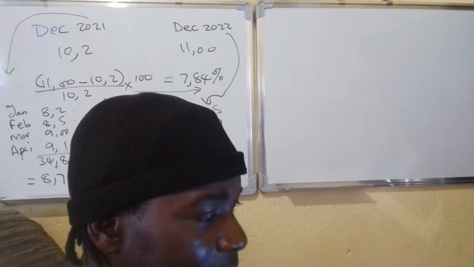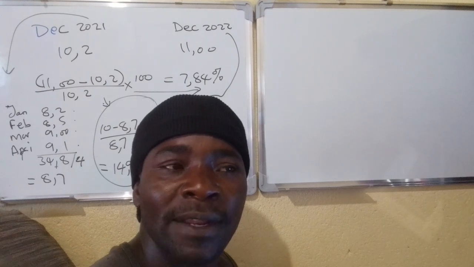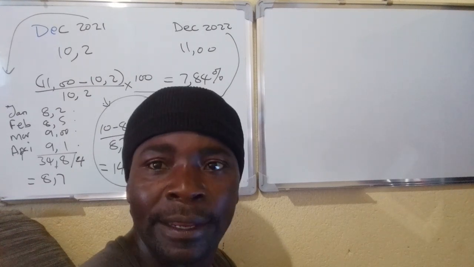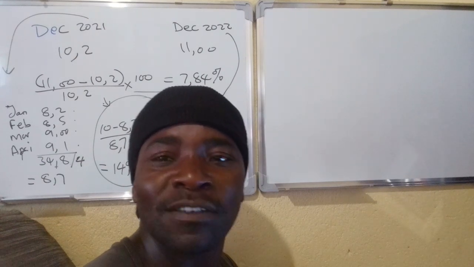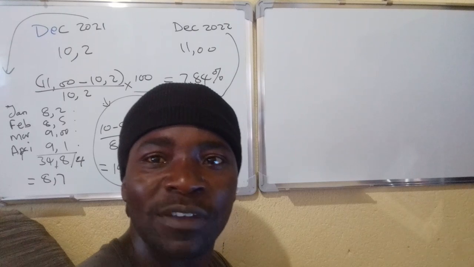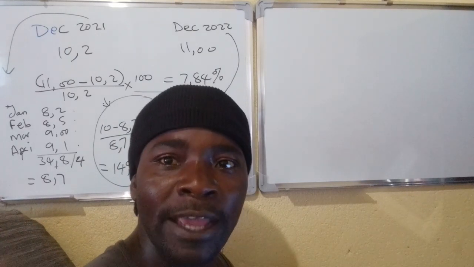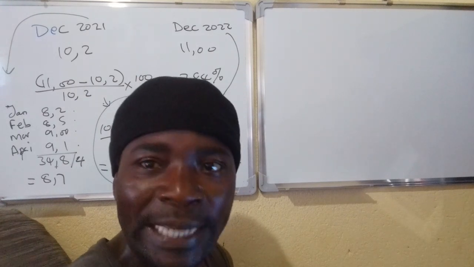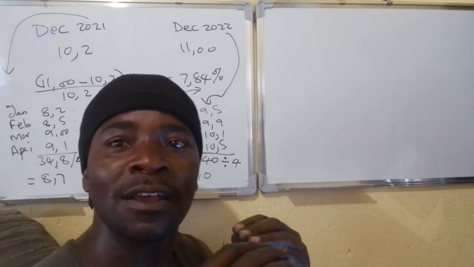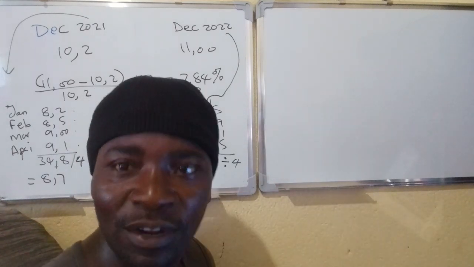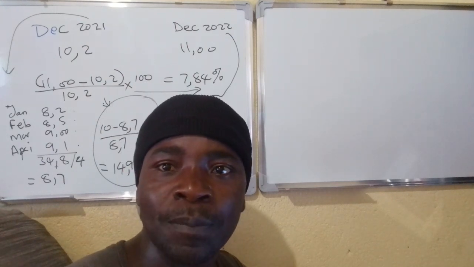And then expected inflation is another effect. Expected inflation is something like when there's inflation today, we start expecting that there will be inflation tomorrow, or that prices will continue increasing. And when we start expecting that, we start buying things in bulk today. And when we start buying things in bulk today, we are causing prices to increase. So inflation expectations cause inflation or further inflation. You will remember during the lockdowns, we would expect